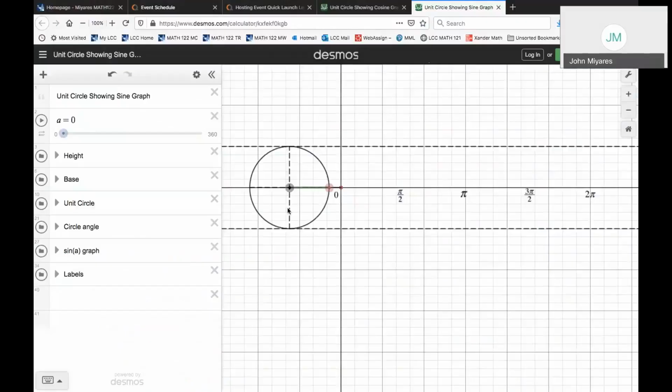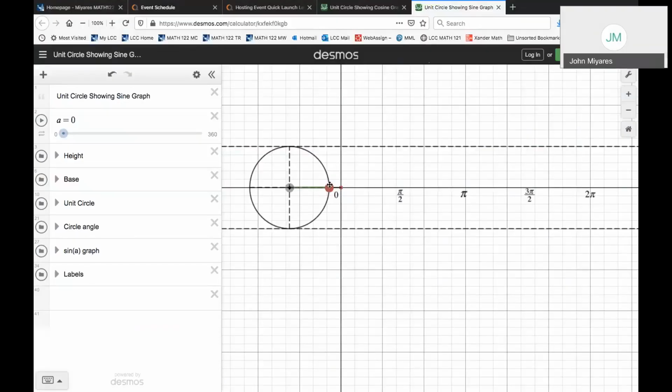So what you're seeing here on the left is a unit circle. The radius is marked in green, and the intersection with the terminal side of the angle on the unit circle is marked with this little red shaded circle here. At the moment, the angle measures 0 degrees, and we know that the sine of 0 is 0 because you're calculating y over r. At this point here, y equals 0 and r equals 1, so the sine of 0